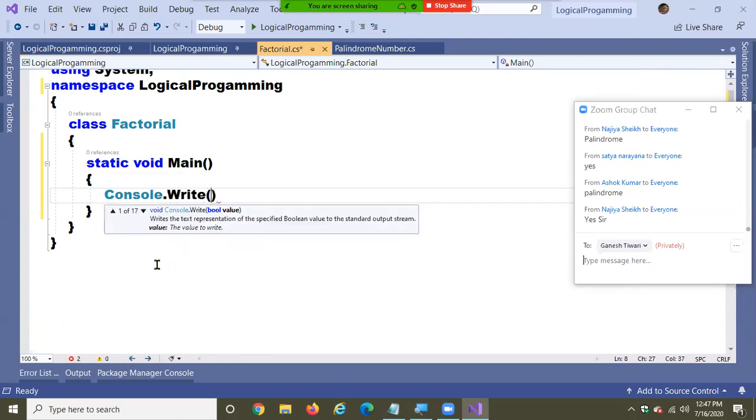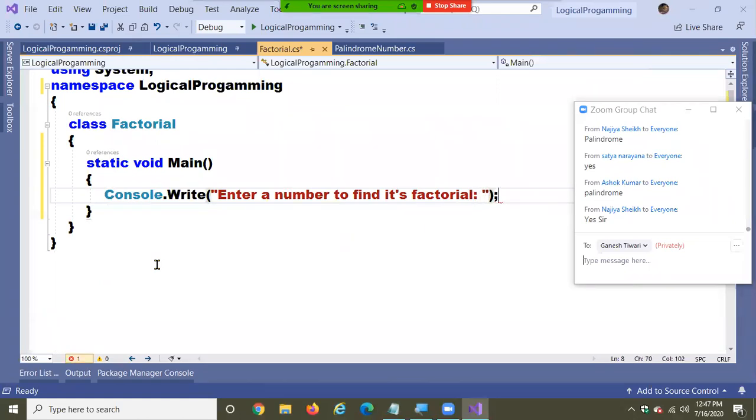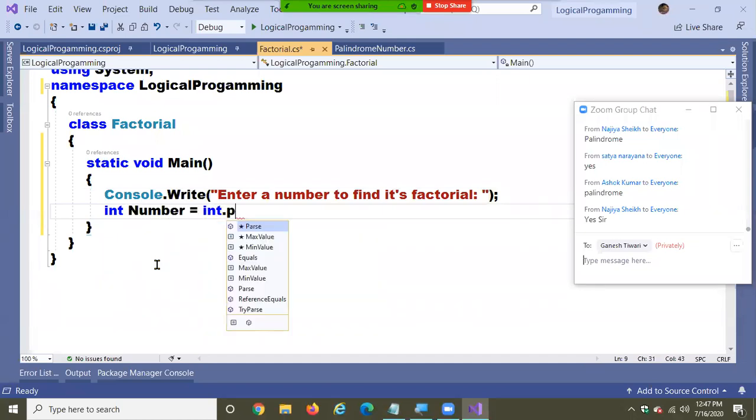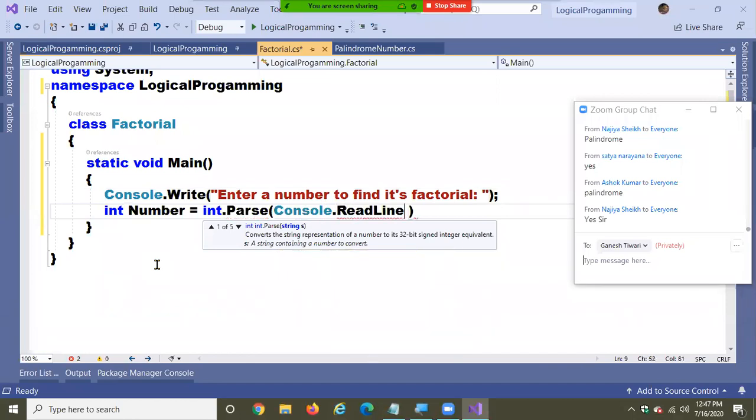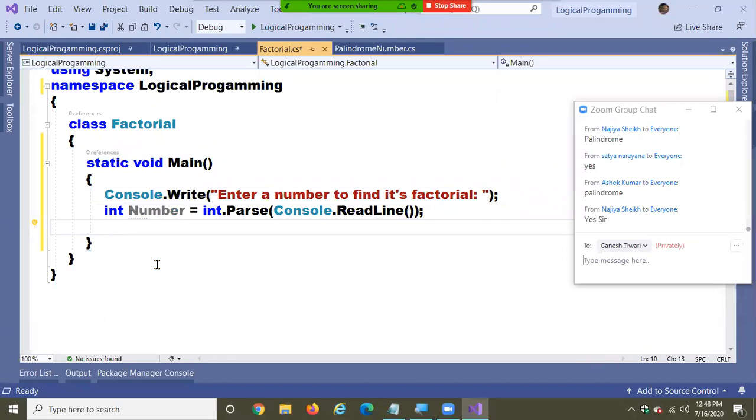Console.Write: Enter a number to find its factorial. int number = int.Parse(Console.ReadLine()).